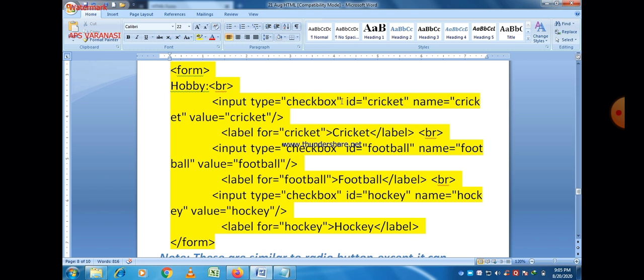Different checkboxes, one for cricket, one for football, and one for hockey. Actually we select a checkbox related to hobbies. So hobbies of a person belong to a game, and that may be cricket, football, or hockey. So for that purpose, you just write type is equal to checkbox within the input tag.